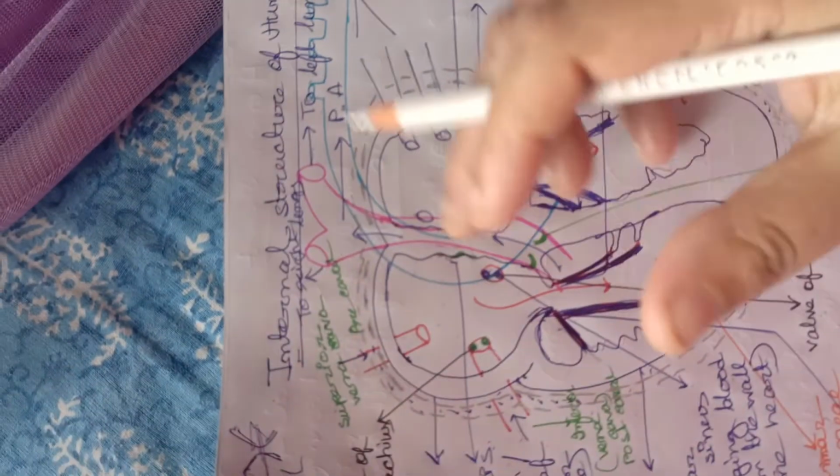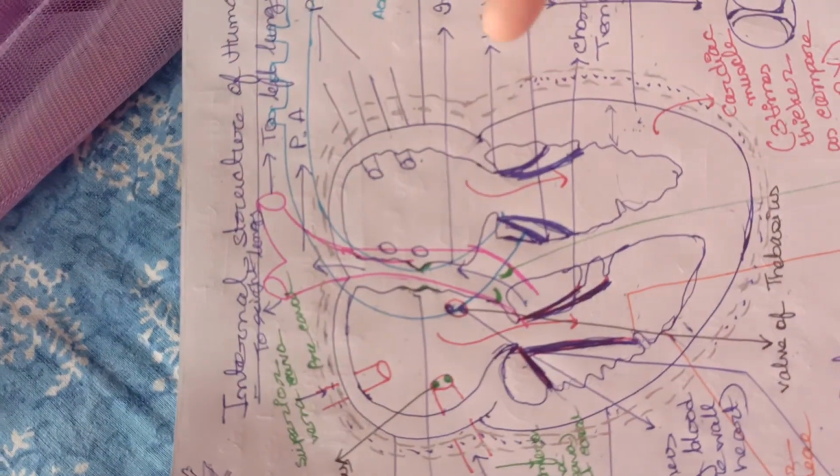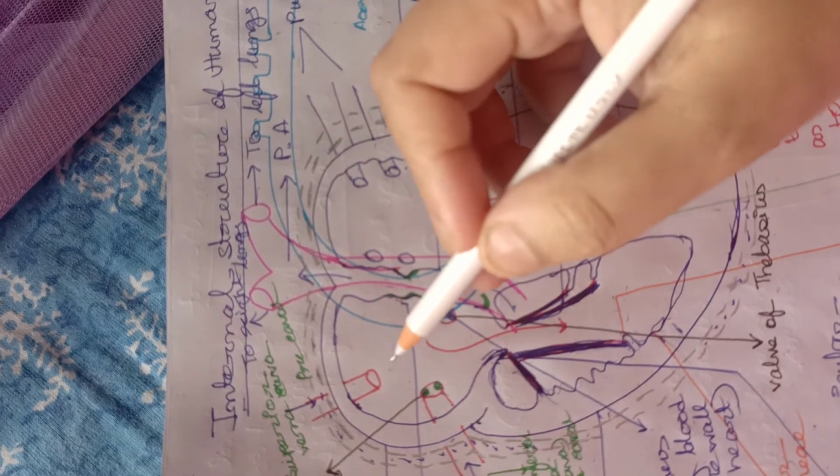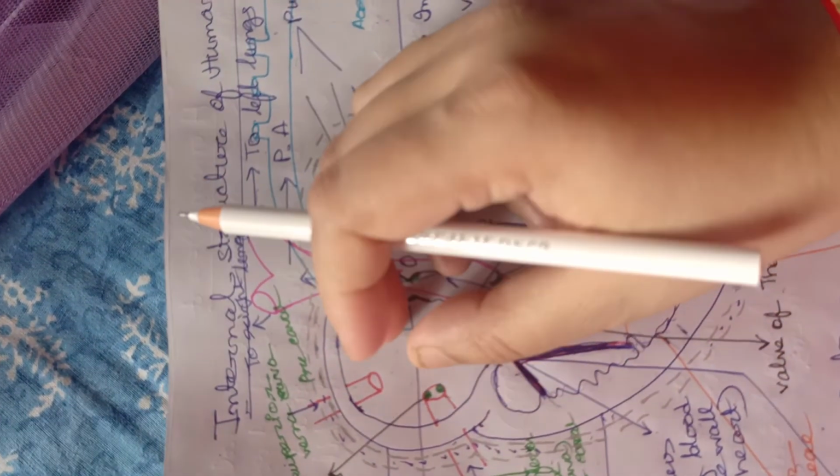Achha, now the location of the pulmonary artery. Where will this pulmonary artery be? You see the pink color thing I have drawn here, because when the deoxygenated blood comes to the auricle, from the auricle